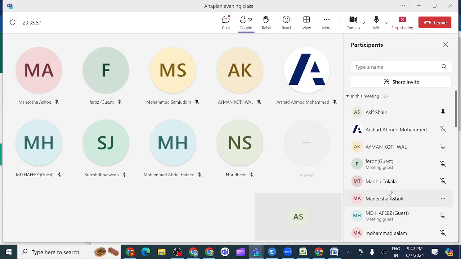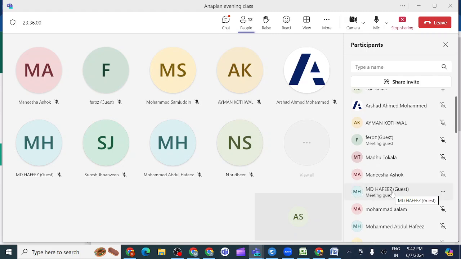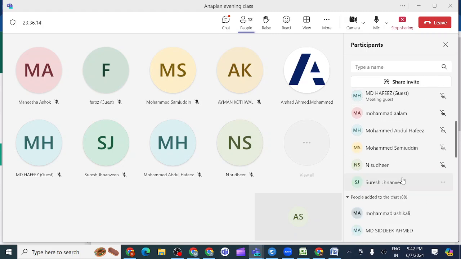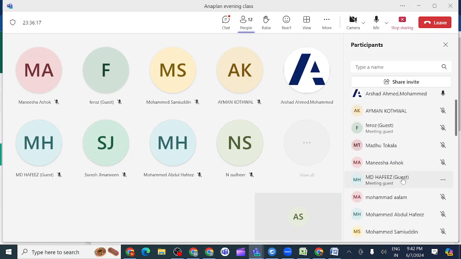Okay. Yes. So, Arshad Ahmad, once call Abdul Hafiz. I can't see him here. Abdul Hafiz is there, sorry. And MD Hafiz, can you check it? Hamid. Alam, once check Kavya. I will call Kavya. May I know who is this Madhu Tokala? Is it Muthulakshmi?